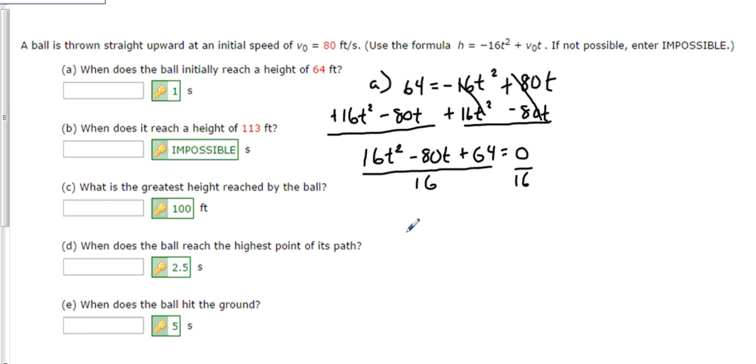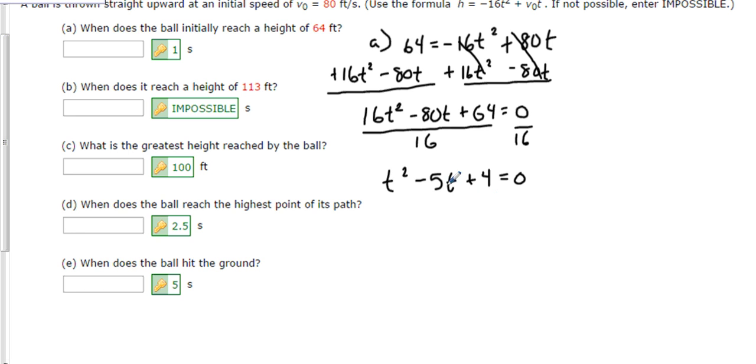16t squared divided by 16 becomes t squared. Negative 80t divided by 16 becomes negative 5t, and 64 divided by 16 becomes positive 4. 0 divided by 16 is simply 0. Now, next up, what we're going to do, because we have a value of a of 1, we can easily